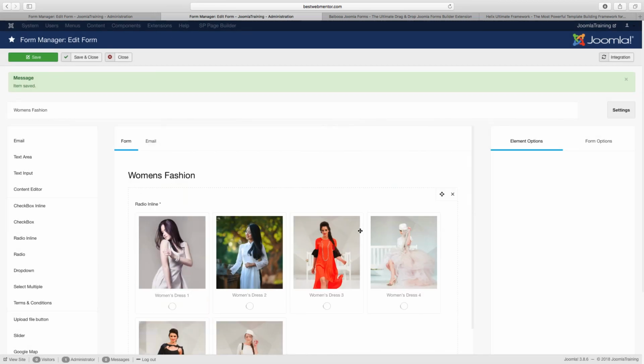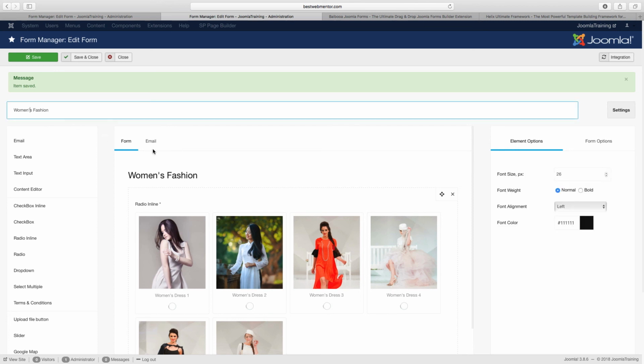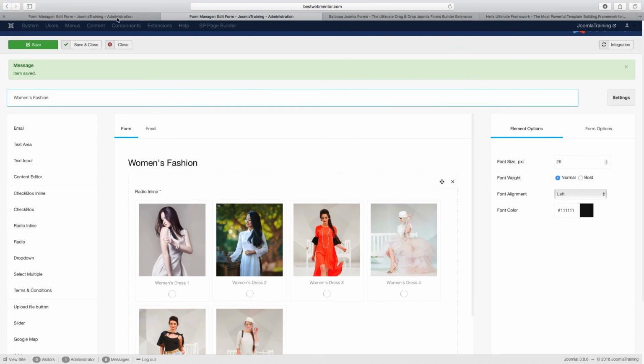So just like that, now we have the women's fashion done, and we've got to make sure to add the same fields here for that. So let's